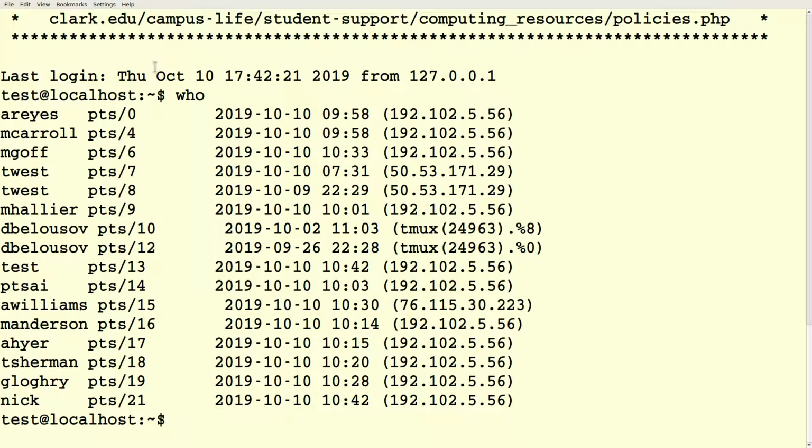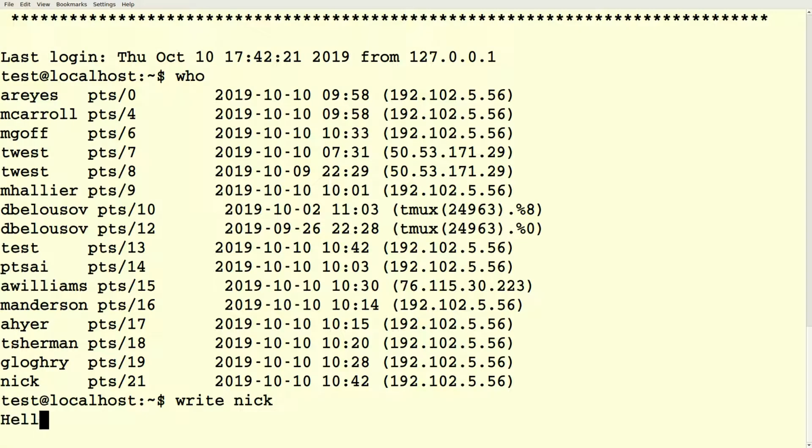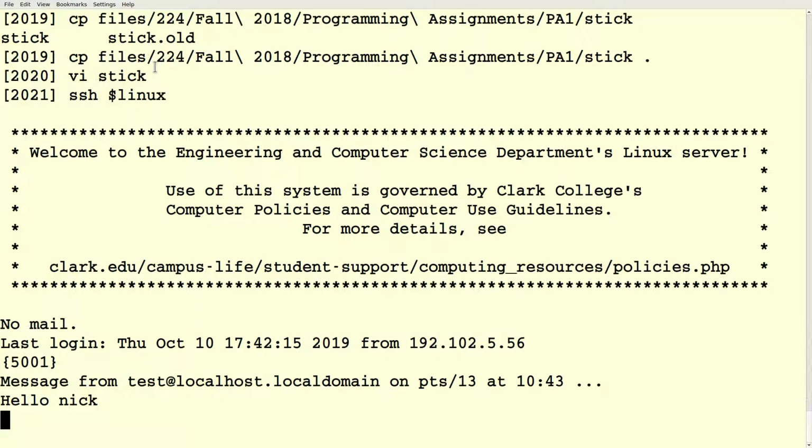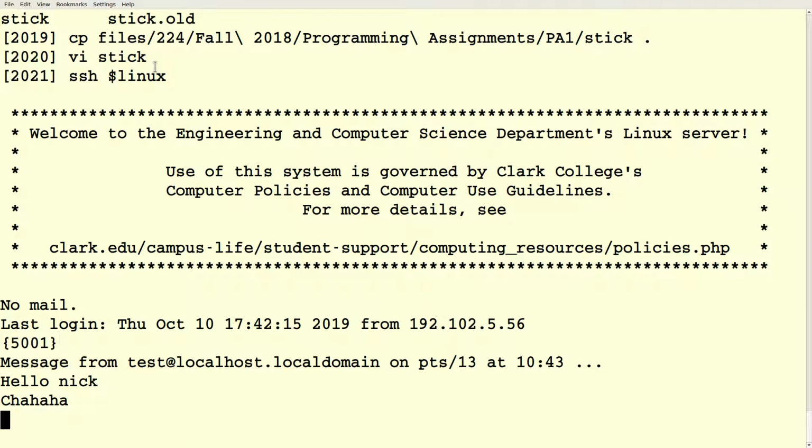There's a command on here called write, which I can say write Nick, and it'll tell me I'm getting a message from tested localhost. And I can say hello Nick, and it'll show up in the middle of my window over here. Right, so there's a way to send messages from user to user,